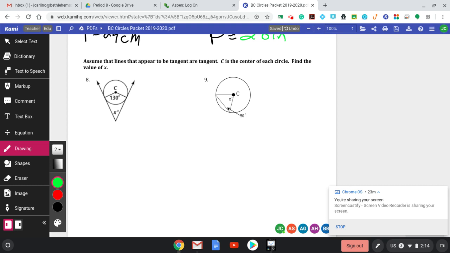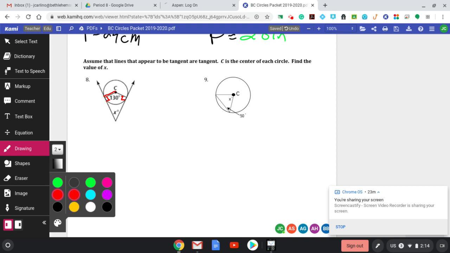Anything's fair game now. Anything we've already talked about is fair game. So we need to find x in this diagram. I'm given that the central angle is 130. What's x? Well, what did we talk about first thing today? You've got a radius drawn to the point of tangency. What ends up happening? I get a right angle. I'm going to put the pen down and let you guys tackle numbers 8 and 9, and we'll